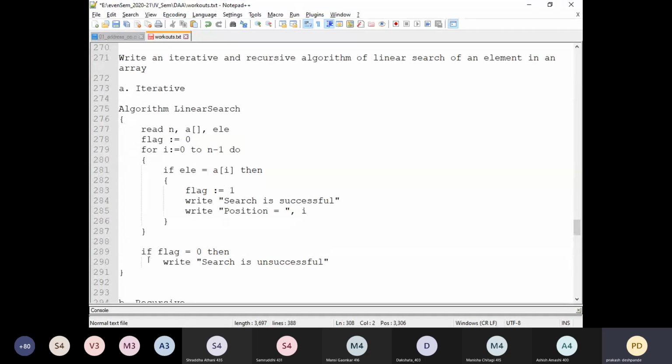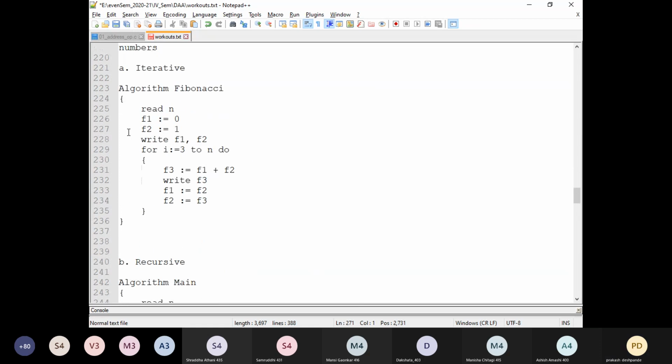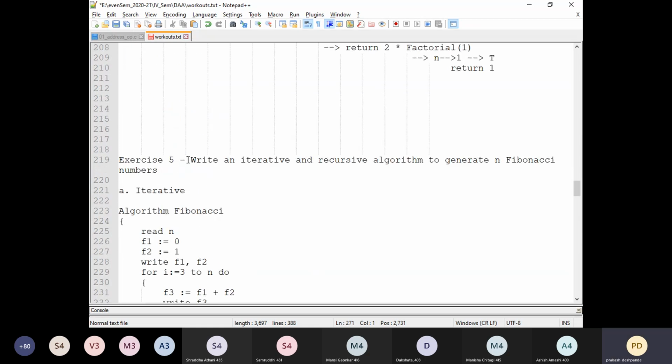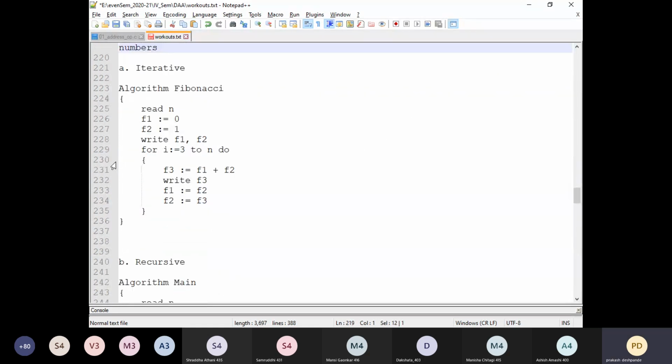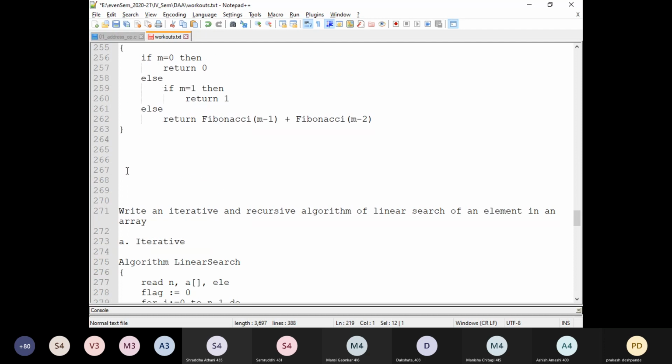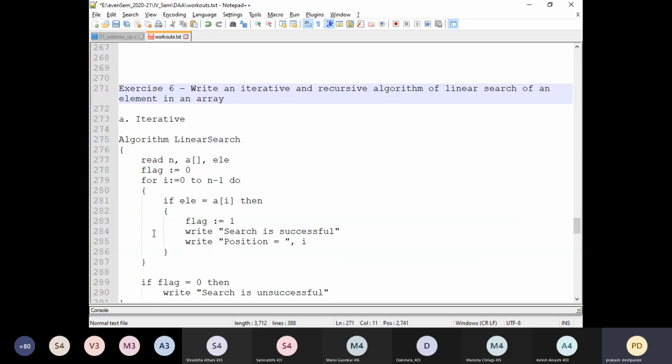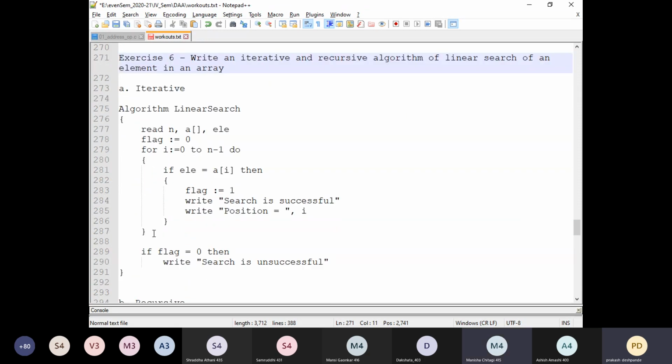First take the exercise. This exercise number is 6. Wait a moment. Exercise number 6. Take this one first. This is the iterative. Take a snapshot of this one.